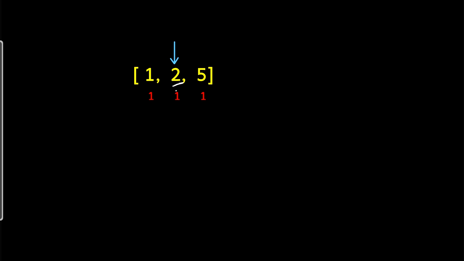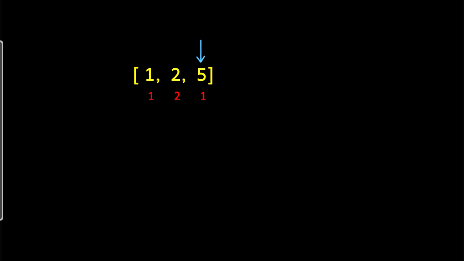And then we will check for the second child. Second child has 2 rating. 2 rating we will compare with the left neighbor. 2 is greater than 1. But when we compare with respect to the right neighbor, 2 is less than 5. So here with respect to the left neighbor, 2 rating was greater than 1. So what we will do? We will take this 1 plus 1. So here we will have 2 as he has higher rating.